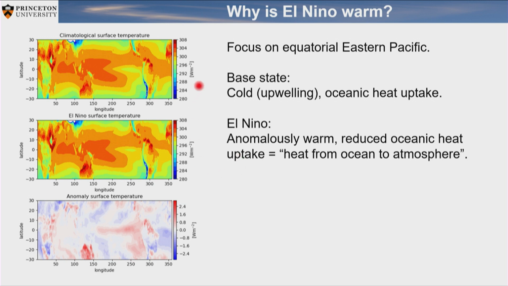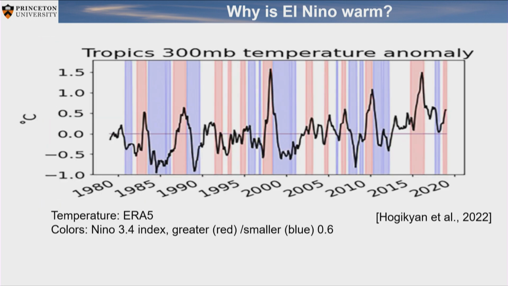Right, so the pattern looks like this. This is average, this is El Niño. Hard to see. If you do the difference, you have exactly this situation. This Eastern Pacific region is very warm, similar for the upwelling regions here off the coast of South America. So these are regions that are normally cold. This would be exactly the situation where you change the shape such that the cold end gets warm, but it does not necessarily mean that the warm end would get warm. This is interesting because we just said that the cold end is not necessarily coupling very deep.